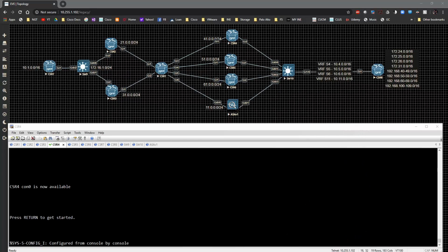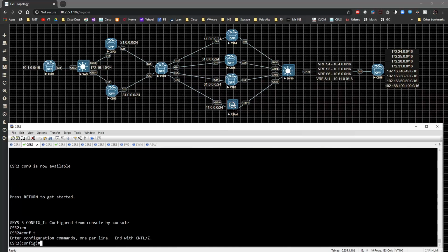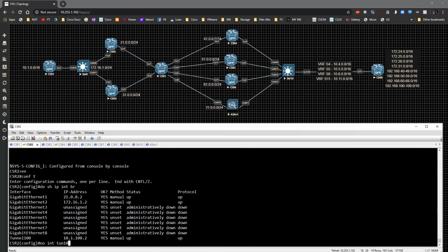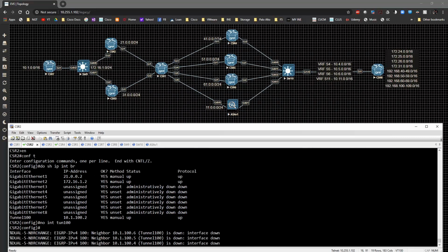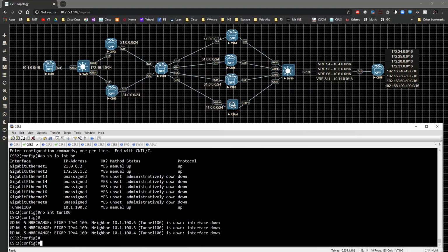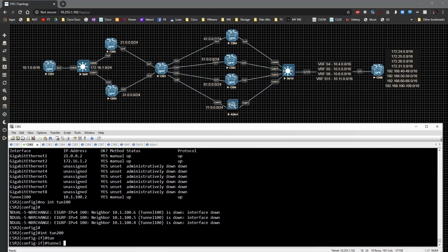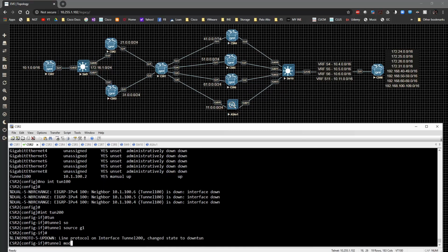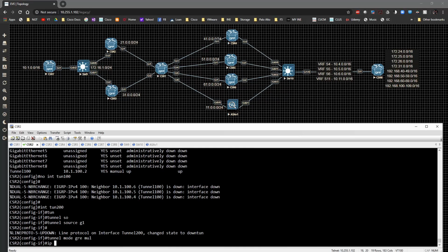So with that being said, we already have one tunnel up, right? We're actually going to go to CSR2, and I'm going to do show ip interface brief. We're going to say no interface tunnel 100. I'm just going to take this down because we don't need that many connections to primary hubs for this example to work. We're going to create a separate tunnel. I'm going to type interface tunnel 200. Tunnel source is going to be gig 1. The tunnel mode will be GRE multipoint. The IP address will be